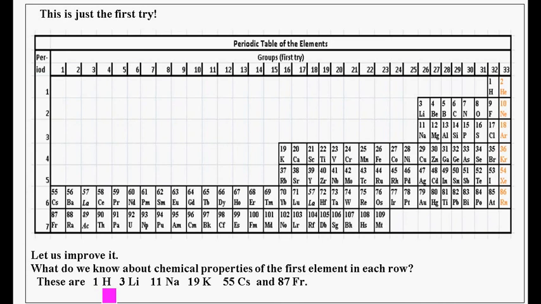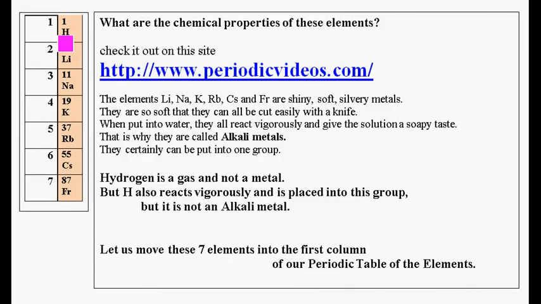This is hydrogen, lithium, sodium, potassium, cesium, and francium. So here we have written these elements one below the other, and we have to find out what their chemical properties are. Again, we check this out on the site periodicvideos.com, and it turns out that the elements